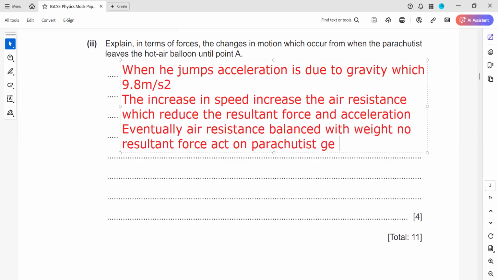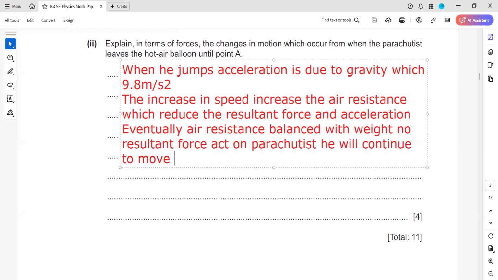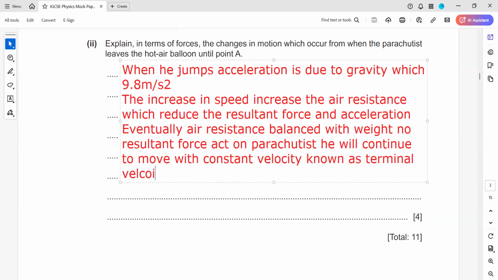He will continue to move with constant velocity known as terminal velocity. So this is a very structured answer, and when he reaches a terminal velocity, there is no resultant force